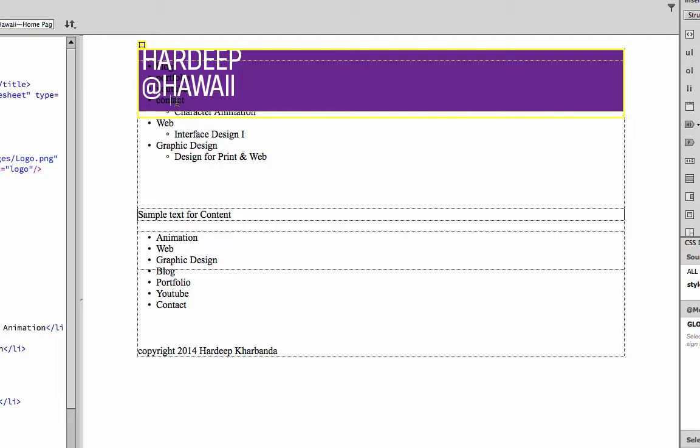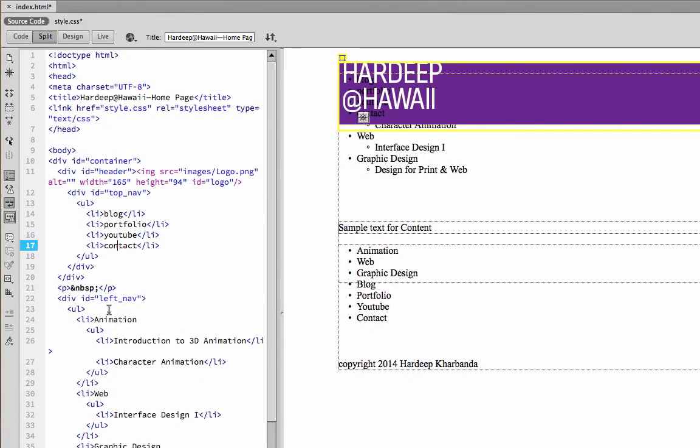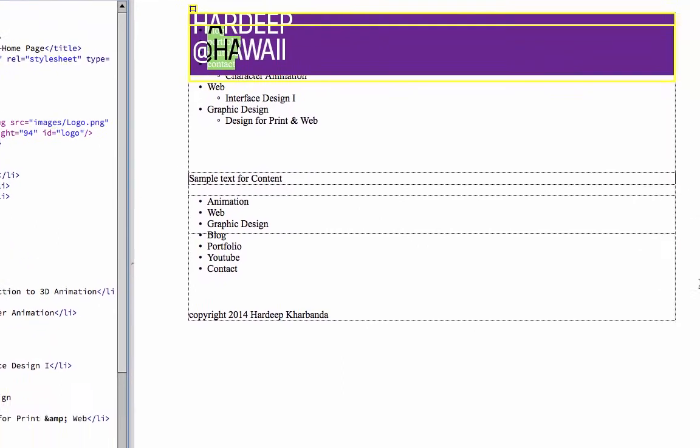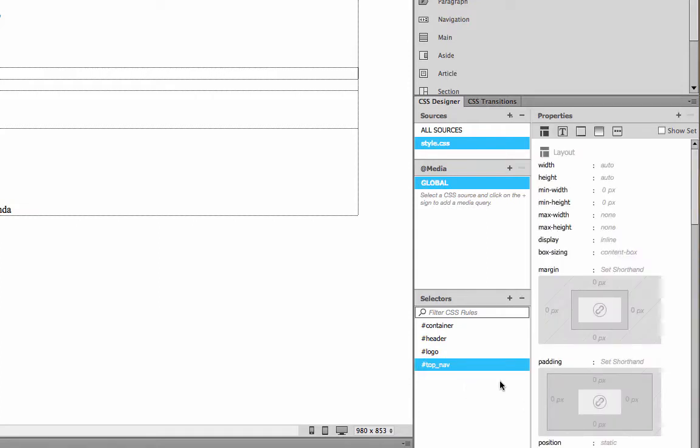So instead of trying to mess with it over here, I'll just come over into the code section, click on the div ID top nav, and it gets highlighted here. Now I can go over to the right side, add a selector for it, simplify my selector since there's only one top nav in the whole page, and I want to set the height of my top nav